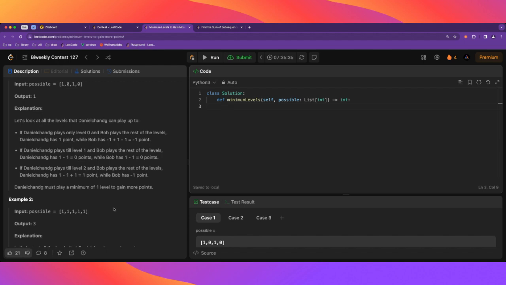where we go from left to right and we keep track of the sum of the points for the left side, and then we keep track of the points for the right side, which we can subtract, right? We can have the total points. So one way of simplifying this: you have 1 or 0 here, but 0 means that you subtract 1 point. So maybe we can just go over